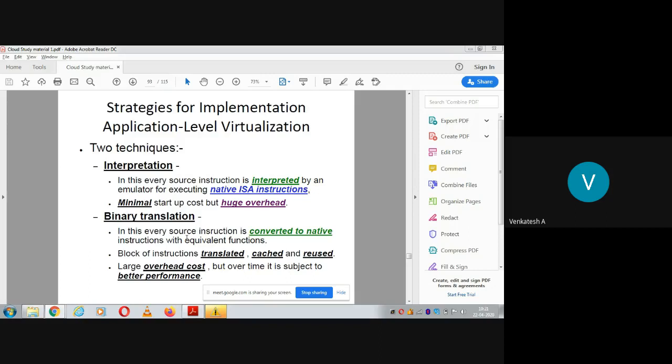The overhead cost is large, but over time it gives better performance, because you need not translate again and again. Until you close your application, it stays saved in the cache memory so instructions can be reused, providing more efficiency in the long run.